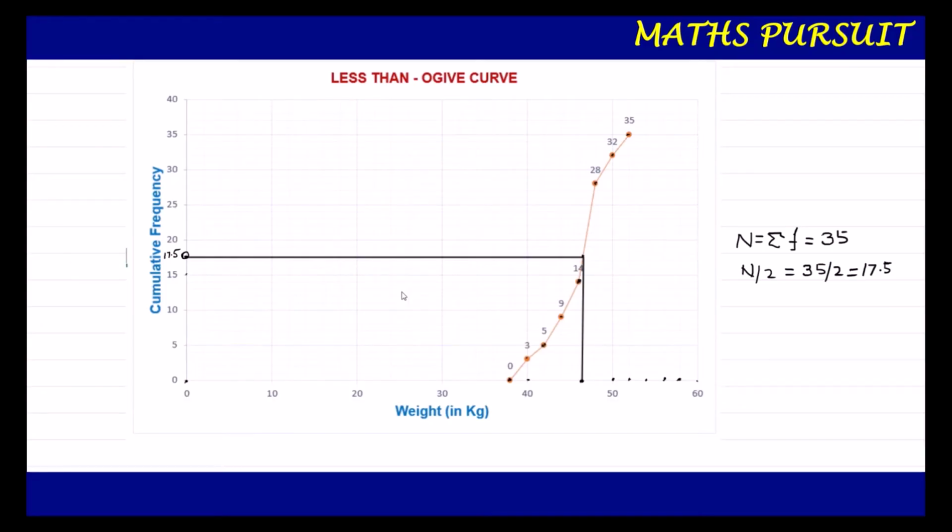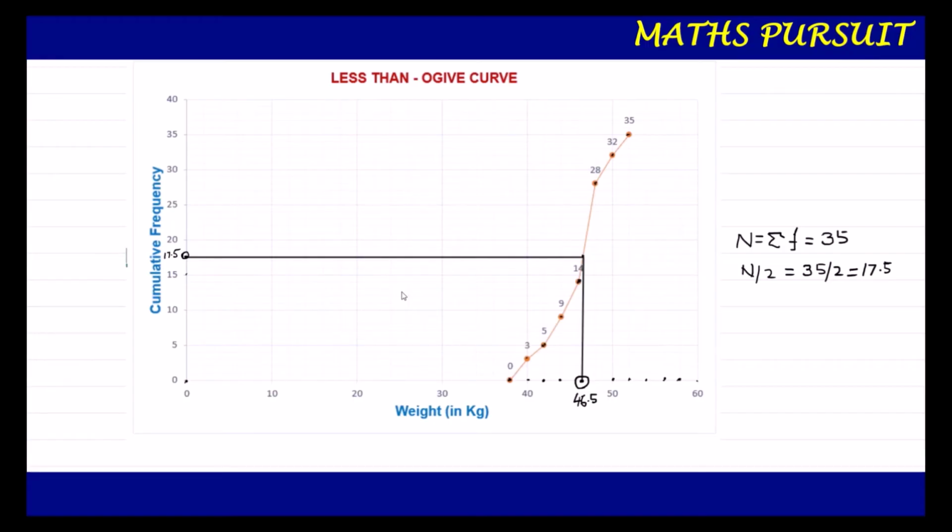This perpendicular line is the median of the given data, and you will see that this median we will get as 46.5. If you use graph paper, you will see that this median will be 46.5. And as I told you, each division here is, for example, this one is 42, this dot is 44, this dot is 46, and this one is going to be 46.5. This would be more clear if you draw this graph on graph paper.